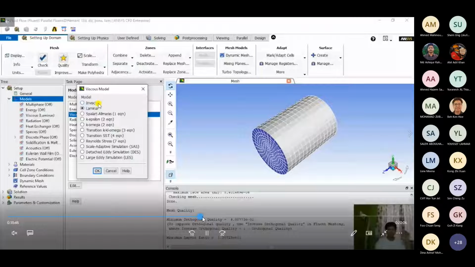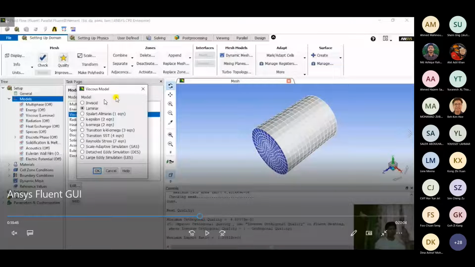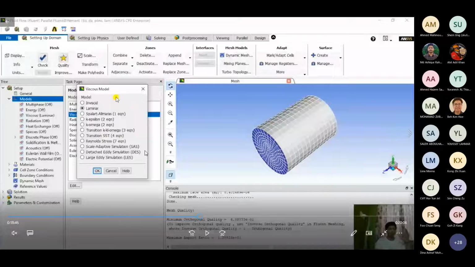In here, you would see there are different models which are solving for viscous, which are only incorporated in the viscous model. These are the different models based on nature of flow, behavior of flow, they vary. So there is Spalart-Allmaras model, there is k-epsilon, k-omega, transitional k-kl-omega. Based on each of the parameters and each of the physics, they have developed these models in the form of equations, and those equations are predefined and generalized in this software. So we are using the laminar in here. I have selected laminar flow.